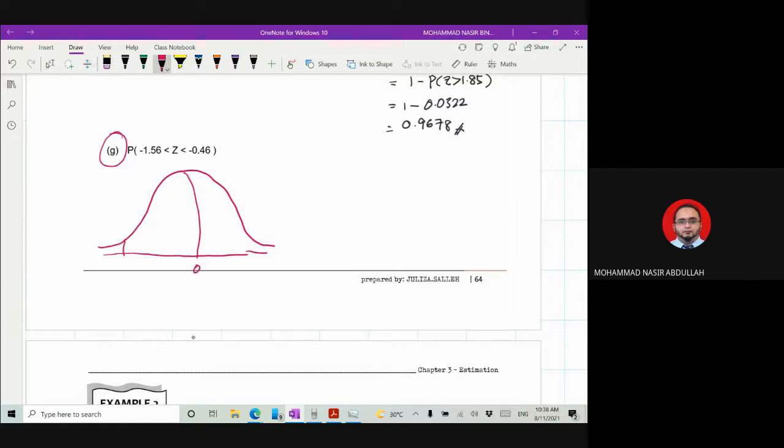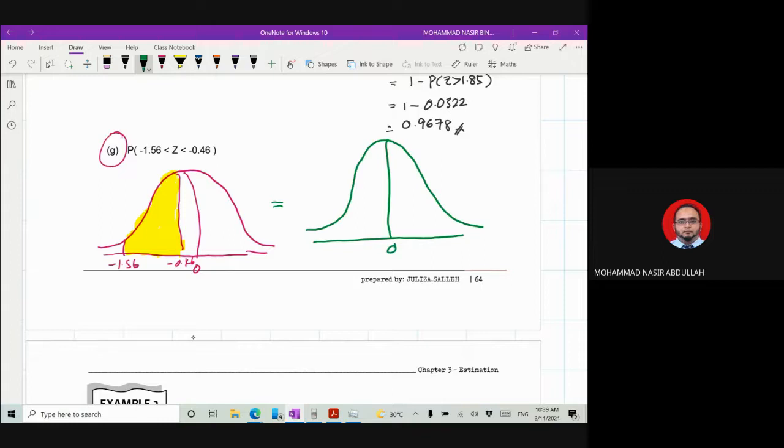We want to find negative 1.56 to negative 0.46. So this is the area that we want to find. So better when you have a final exam or a test, you standby your pencil color to shade the area. So this is also equal to this area,